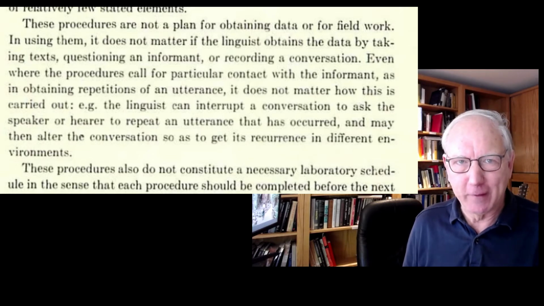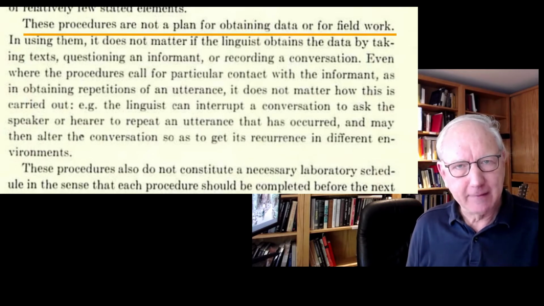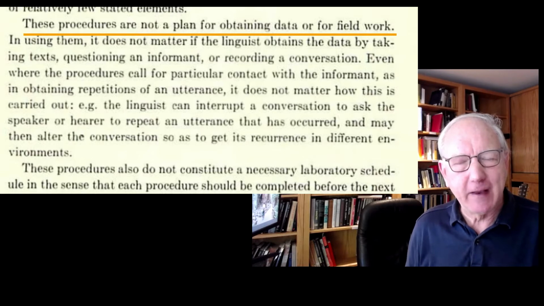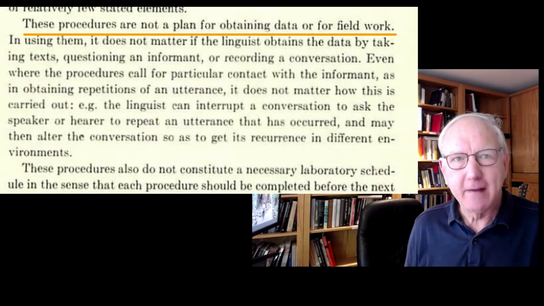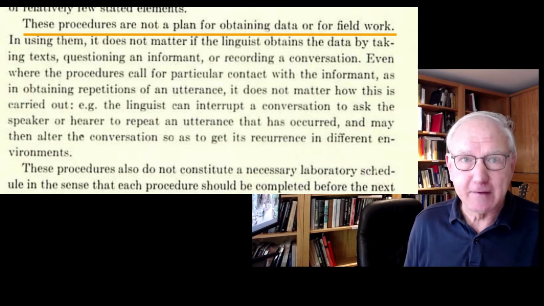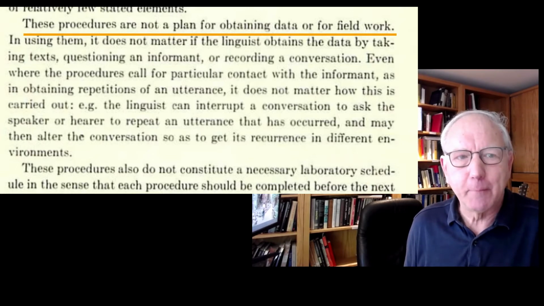That's so important. This is not an explanation of what the linguist should be doing, and it's in no sense a set of methods for somebody setting out to analyze a language. And this, of course, is what people say Harris was trying to do, and he couldn't be clear on the fact, as he just wrote, that no, that's not what it is. Let's go back to the second sentence of paragraph 3.